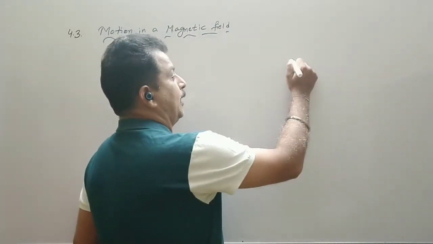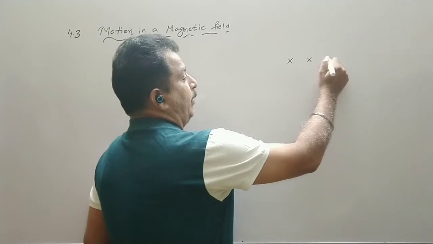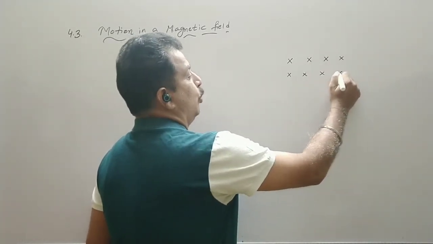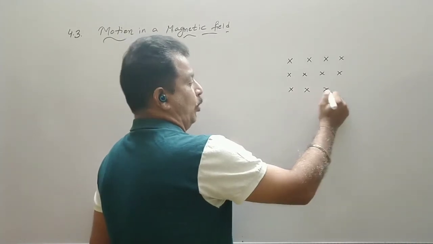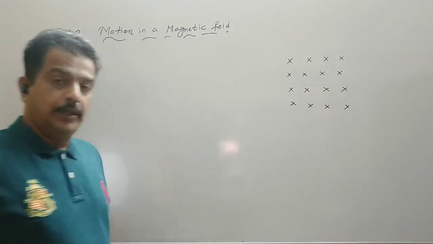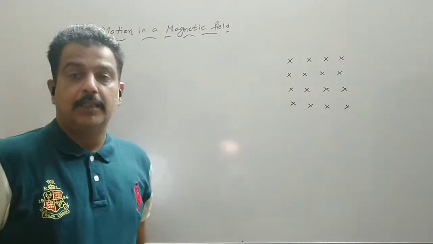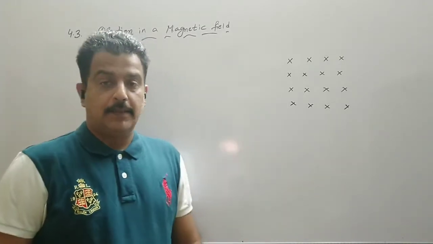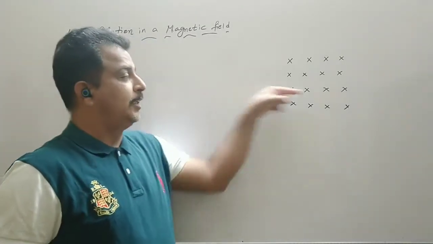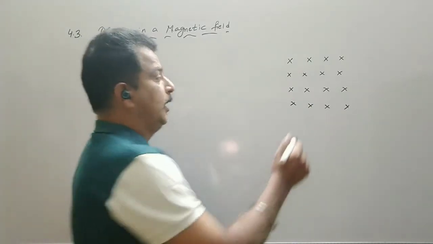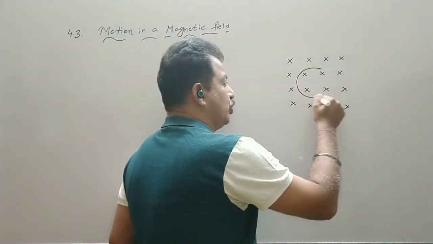And the diagram in which we have taken the magnetic field going into the plane of the paper, or in this case you can say going into the plane of the board. That is, the magnetic field is, for example, along the negative z axis, and when the particle enters perpendicular to it, that is along the x axis, it performed the circular motion.